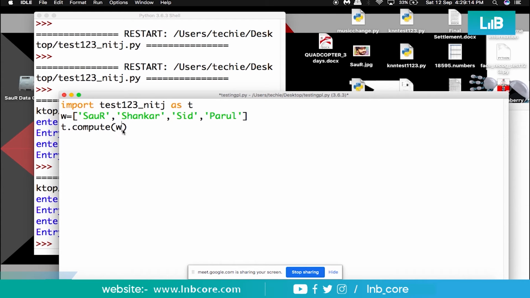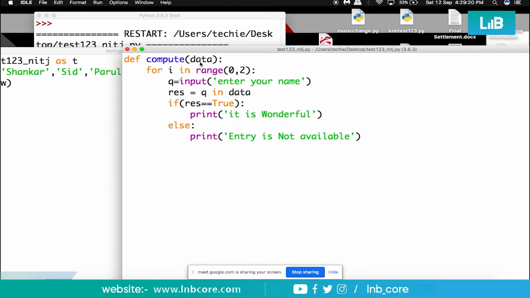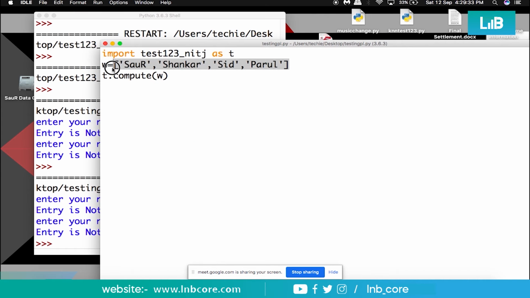So t dot compute w. Now w will be copied in data, and data will be placed here, and anything which has been entered by the user will be checked in data, and data was w only. So here you have got the liberty of changing this particular thing and executing the function also. So this is how you can design your own library as well. Is that okay, everyone?